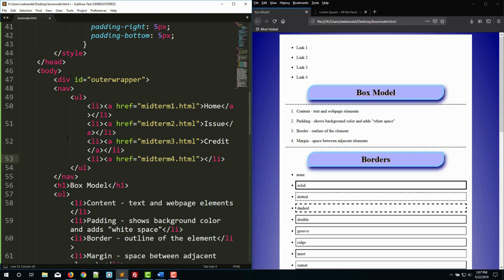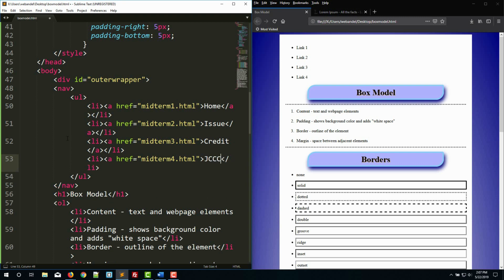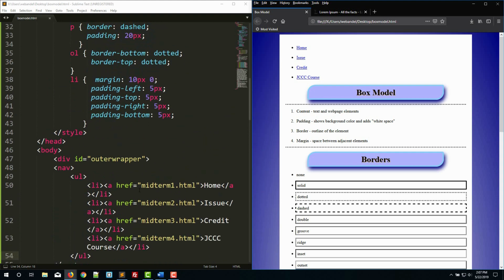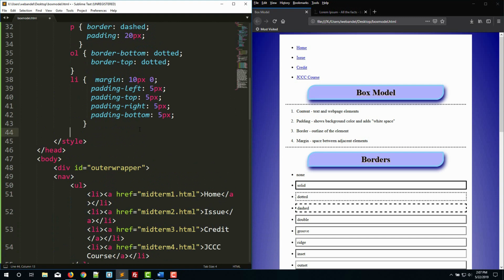Midterm4, this will be our GCC course page. So I'm going to save this, refresh. So now we have different links instead. So this is everything that we need for the actual HTML. What we want to do next is actually go to our styles and add style